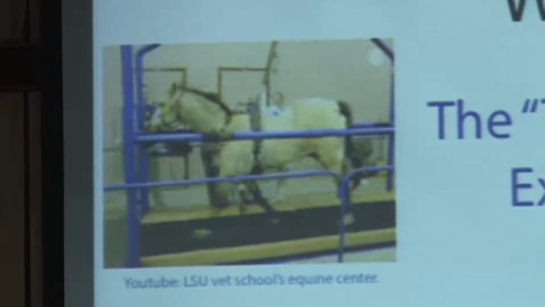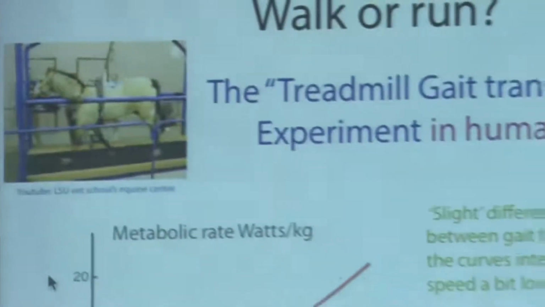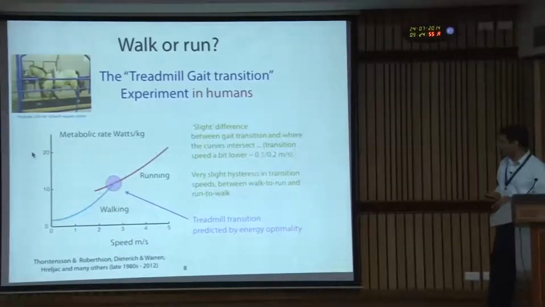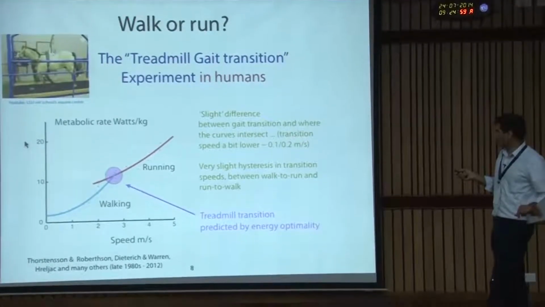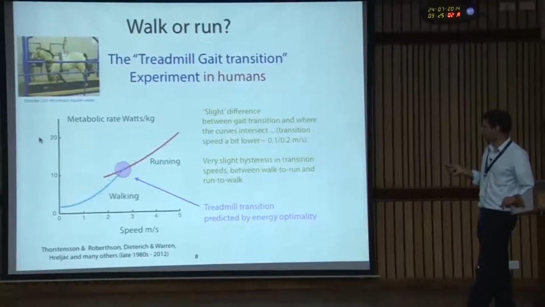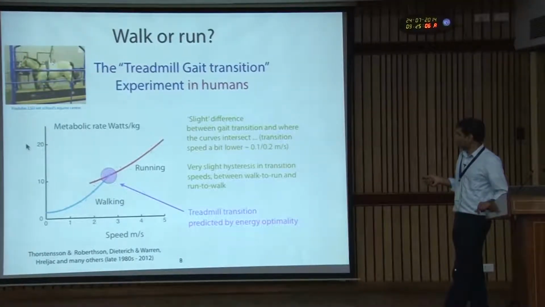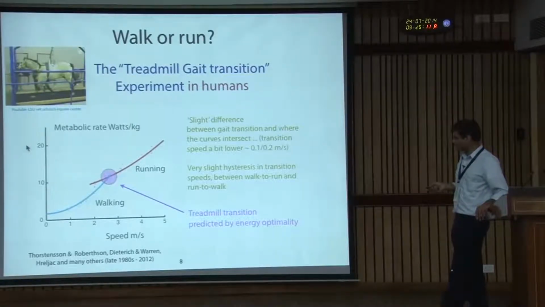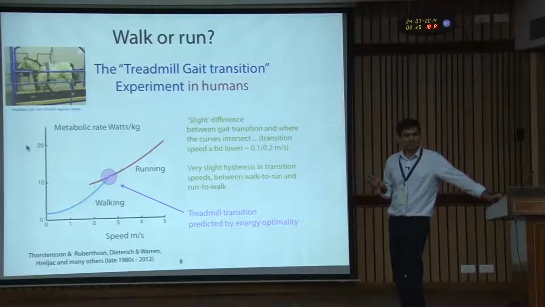So horses have these three, and some horses have many more, stereotypically different ways of moving for different speeds. People in this field call them gaits. So for humans, you would call walking and running a gait. For horses, you would call walking, trotting, and galloping gaits. And the transition from one gait to another is called a gait transition. And the classic experiments, either in horses or in humans, were done on treadmills, because there it's most convenient to